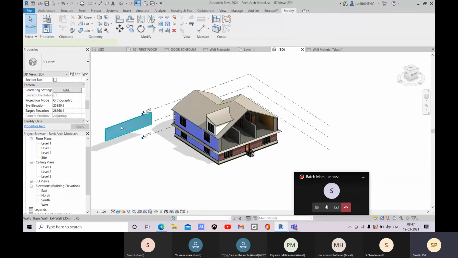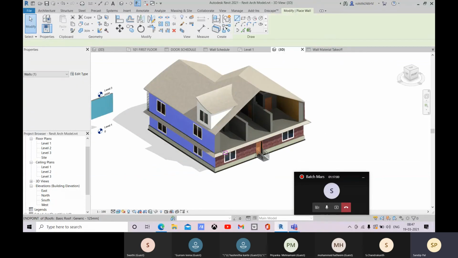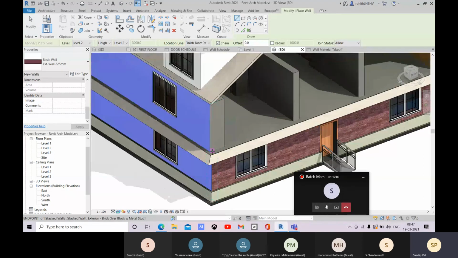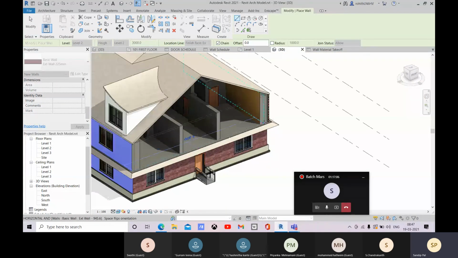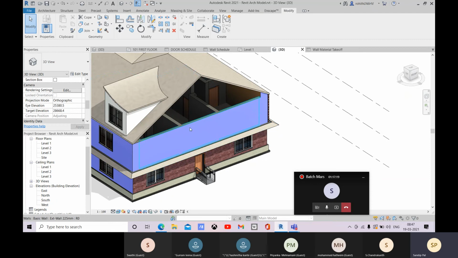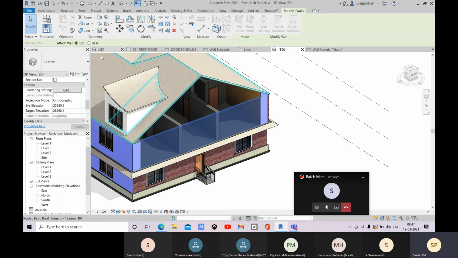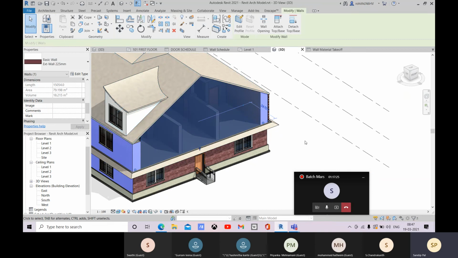Let me go to this one and create similar, and let me place it over there. Okay, so that is placed right now, and let me see, attach top or base, this as top.